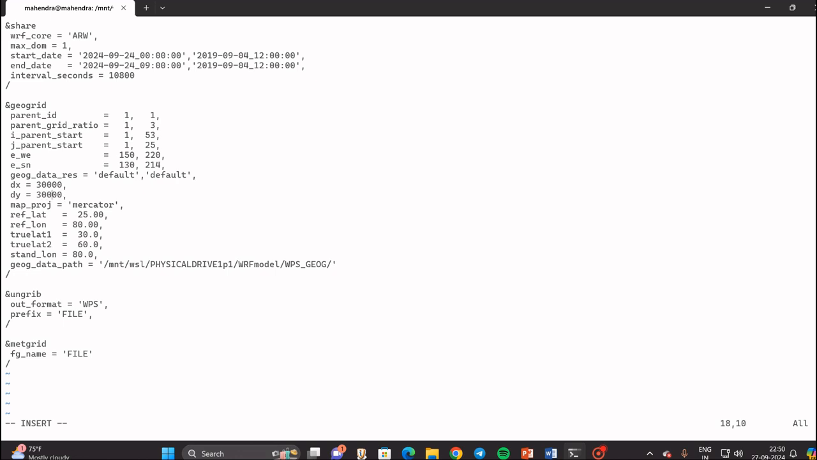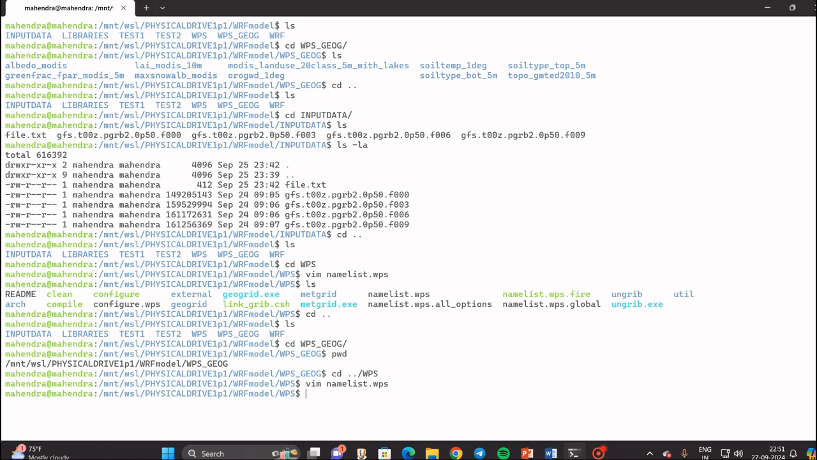and values for parent_id 0, and for parent_grid_ratio, i_parent_start, j_parent_start will be 1. Also, there is no change in Ungrib and Metgrid section. Now save the namelist.wps